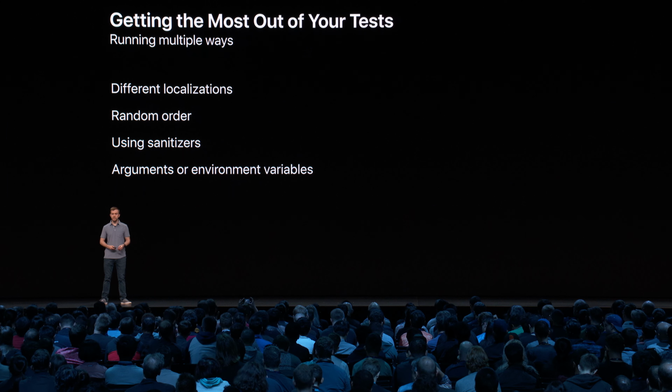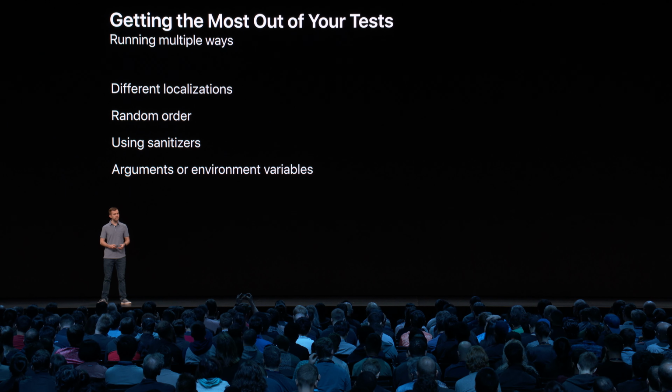So that's just one example, but there are other cases too of bugs that might only be caught if you run your tests more than once in a different way each time. For example, you might choose to run your tests in both alphabetical and random order, since running your tests in a randomized order is really helpful for finding hidden dependencies between your test methods. Or you might want to run your tests using more than one sanitizer, such as both address sanitizer and thread sanitizer. And I'll explain a little bit more about what these are later on if you're not familiar.